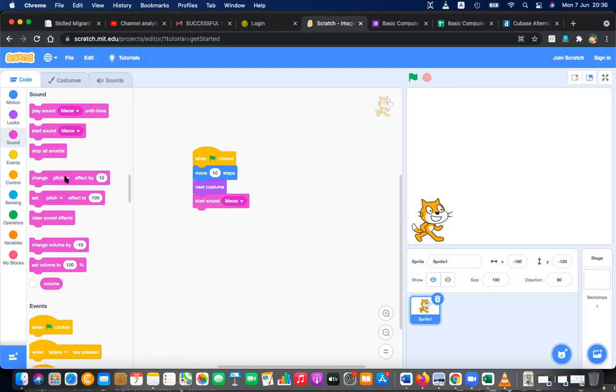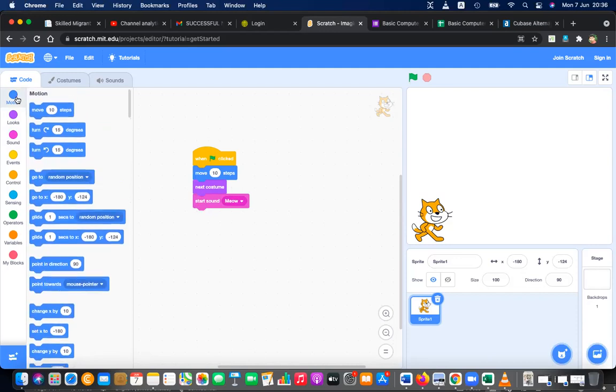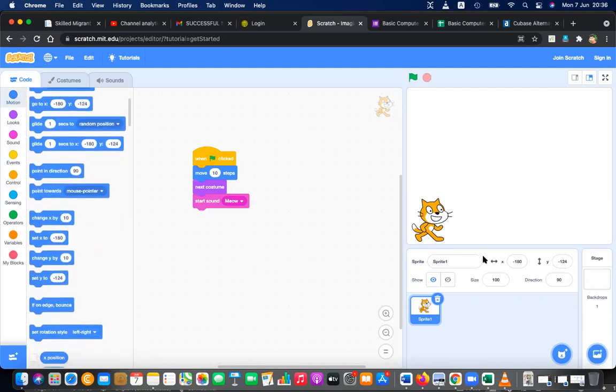That's enough. Moving 10 steps, next costume, meow. And I'll add another thing: in case you reach the edge, you can bounce back.